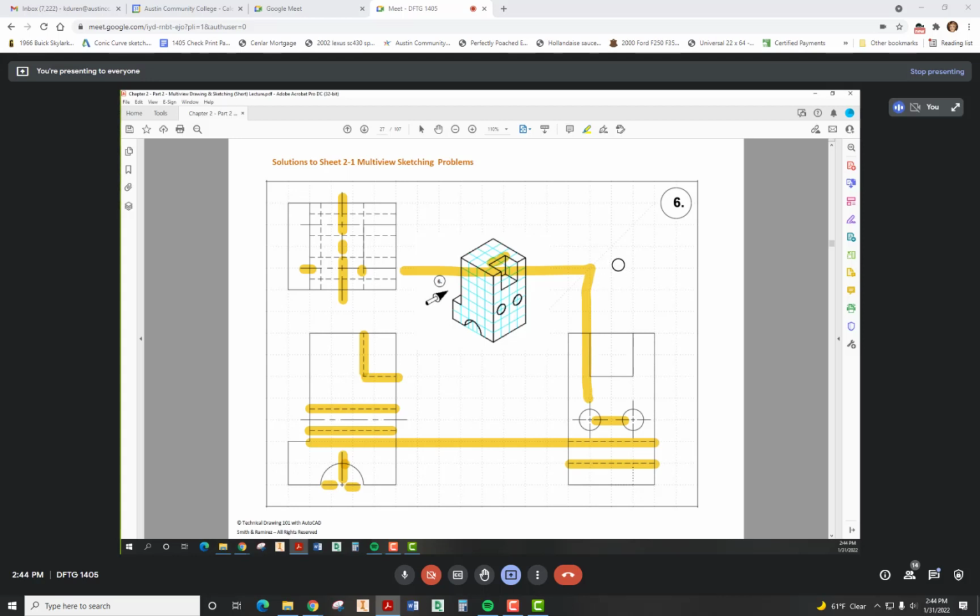Any questions on this one? So take a look at those gaps right there. Get those gaps in there. Because once again, this could be misconstrued as geometry. So that's why we don't connect that. And I'm going to stop this